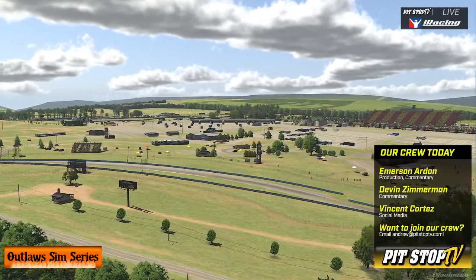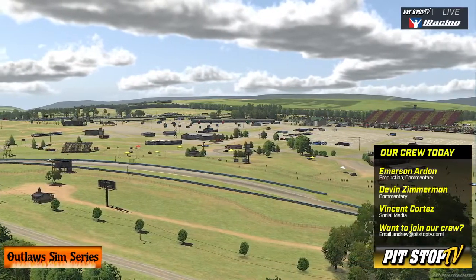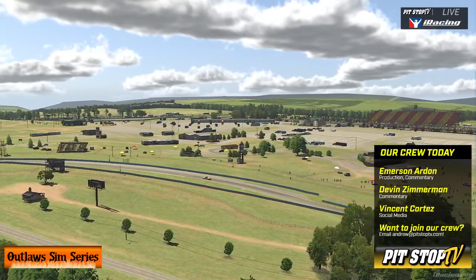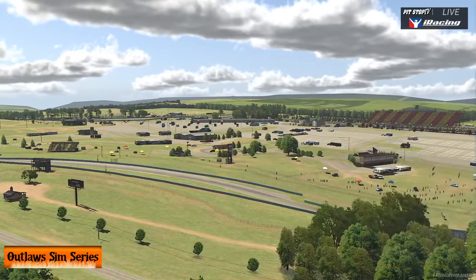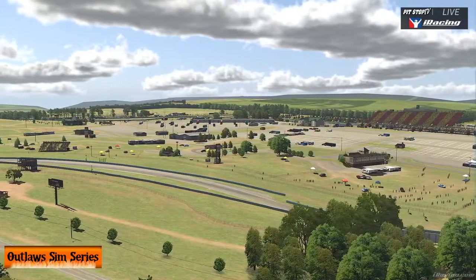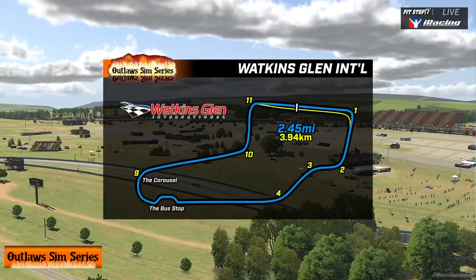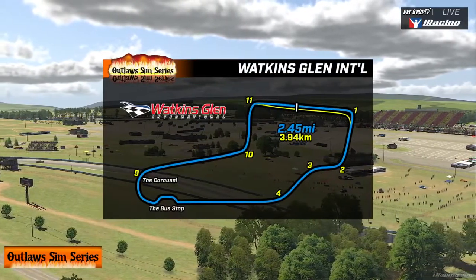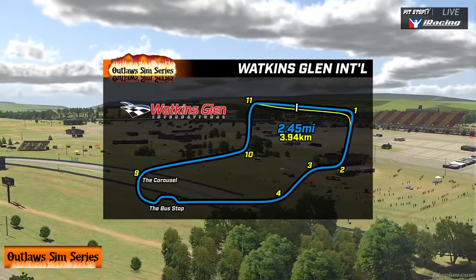Good evening, everyone, and welcome to the virtual Watkins Glen, New York. Devin Zimmerman joins me on the call this evening, and Vincent Cortez is on our social media coverage. And Devin, we're at the 2.45 mile configuration of this great racing complex. I say a prime circuit for stock cars. What say you? So Emerson, it is very, very detailed for stock car racing at the Watkins Glen International Raceway